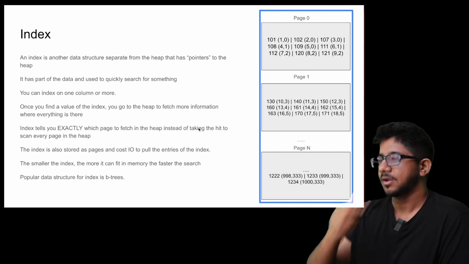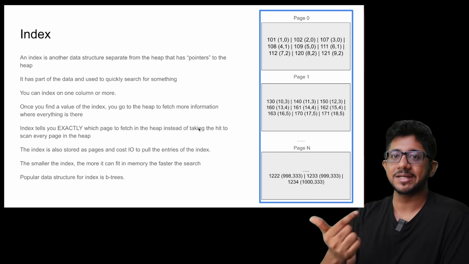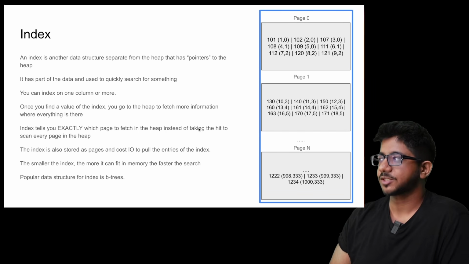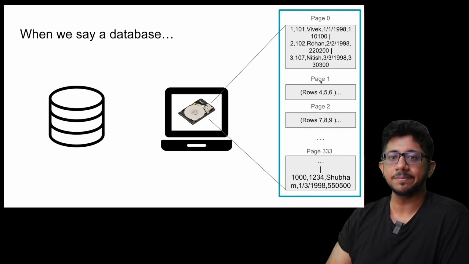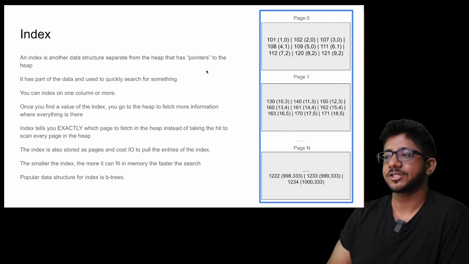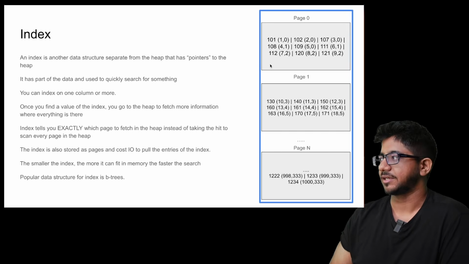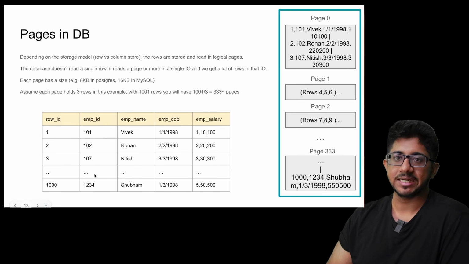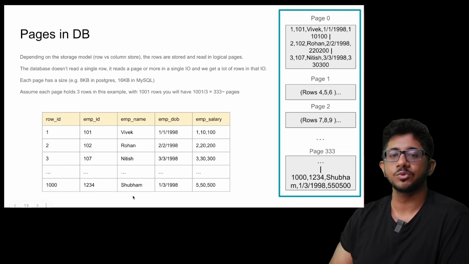One obvious optimization that you need to know about is building indexes, right? It's a separate structure that has pointers to, let's suppose, the heap. The structure which stores these pages is called a heap. And the index is a separate structure that you build so that you can query efficiently. For example, I want to query things based on employee ID, right? And over here it looks like it's sorted, but it might not be, okay? I might insert a new row